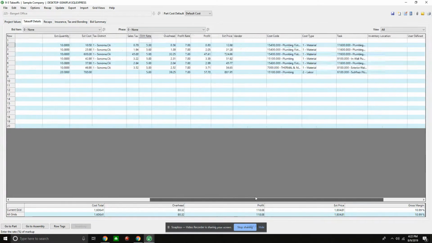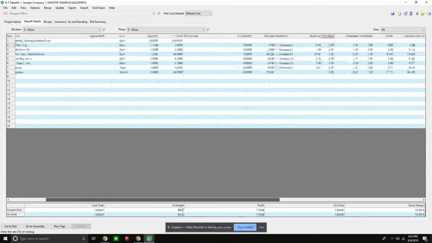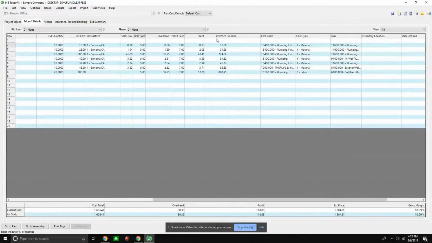But now, after I get done with this, I notice that all my information is pulling from the assembly, which is made up of all of our parts, or a combination of different parts. So assembly 4,000. So now I want to go in here and add some vendors. So in this assembly or this takeoff, if we're working with different vendors, you can come in and change this.